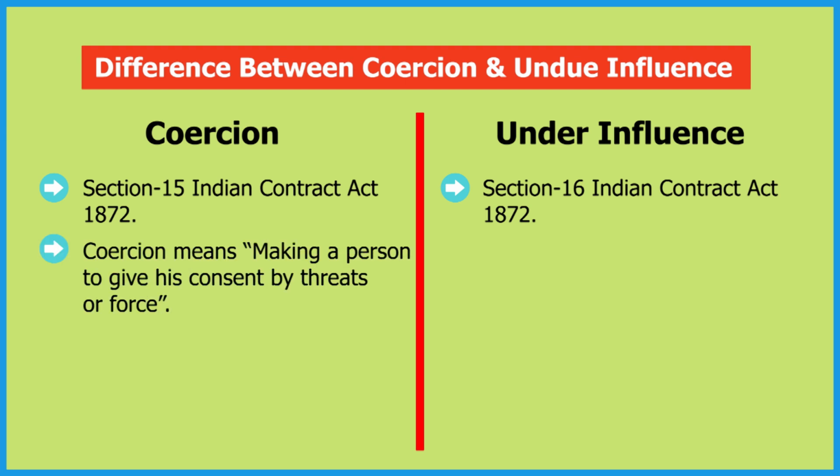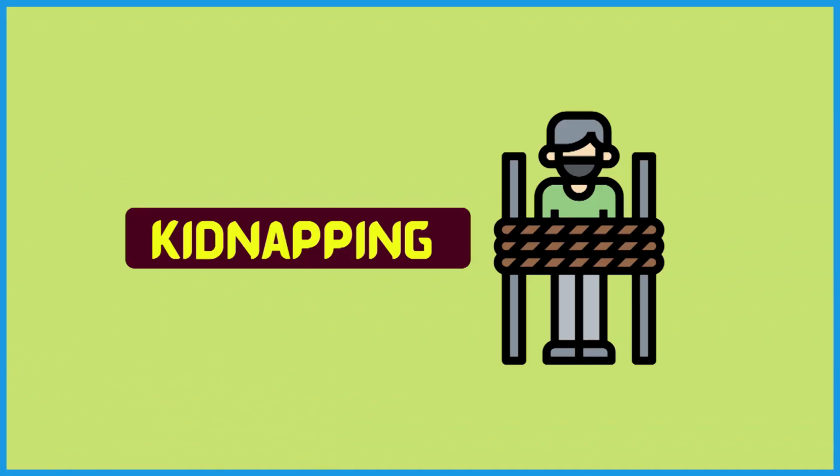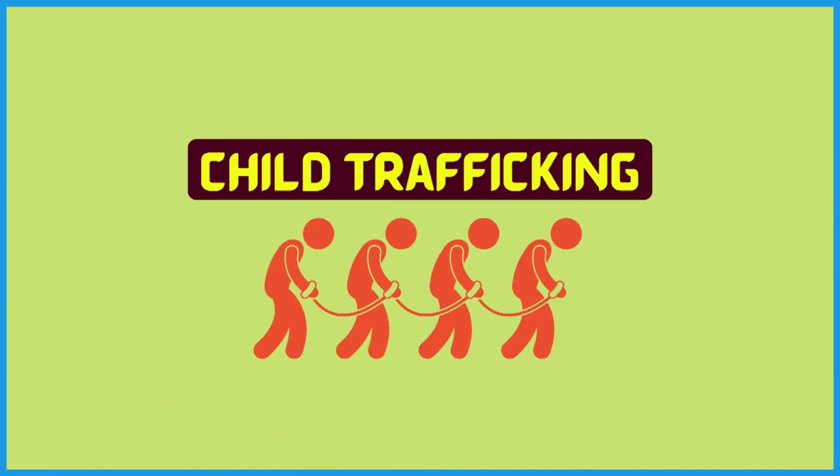Coercion is using threatening force, physical force. So that means a person is obtaining the consent with the help of threatenings or warnings. So any kind of contract in terms of kidnapping, child trafficking, honor killing are all falling under coercion. So you are obtaining the assent or consent by using a physical force. Physical force is very important.